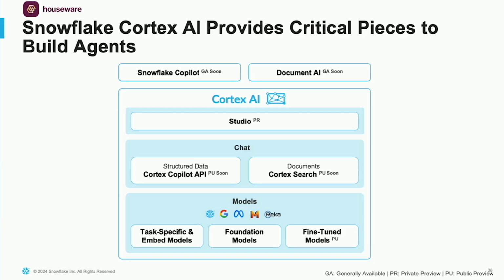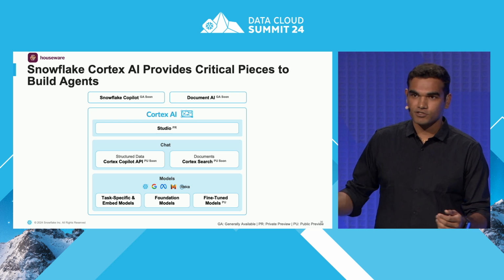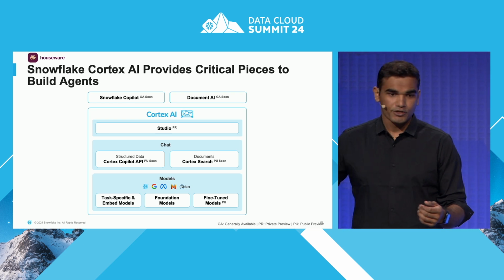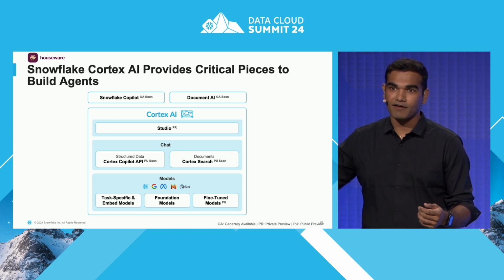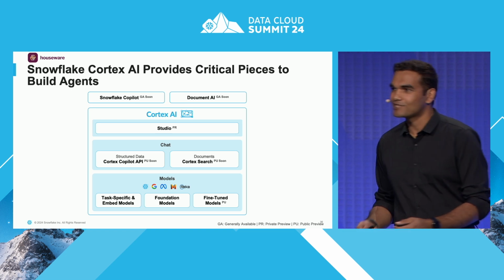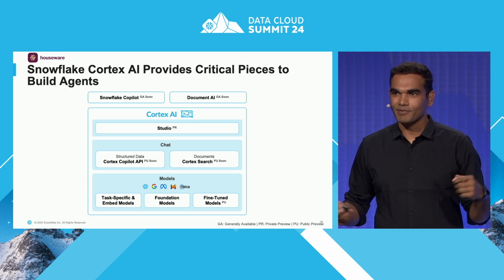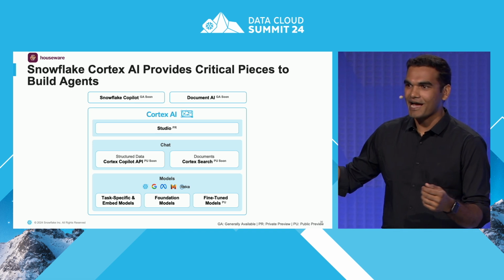Now, we obviously heard about Cortex AI, which is a new service that Snowflake has been tinkering around with for the last year or so. At Houseware, our team started to work with Snowflake Cortex AI very early on. And fundamentally, the 2 challenges that we face as an engineering team to build agents is what we have tried to solve for developers en masse so that people do not have to face the same challenges again. And those 2 challenges are, one is very behavioral in nature, because if you think about it, we always think about data engineers, front-end engineers, back-end engineers.